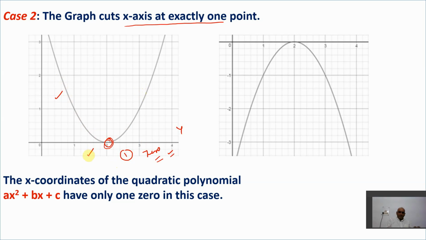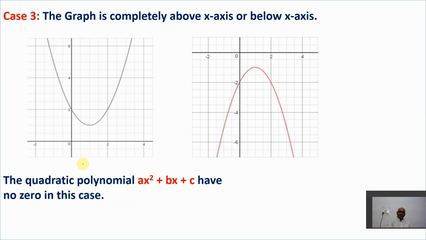So you just need to remember, degree 1 means 1 zero, degree 2 means 2 zeros. I hope you get this point. We'll again set it out in the various examples which are going to come now. So case number 3, in this case the parabola is not touching the x-axis. If there is no point touching the x-axis, there is no degree, or no degree means no zero. So no zero, no degree. That's it.